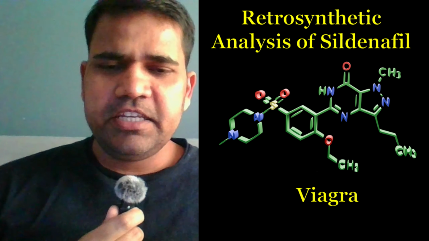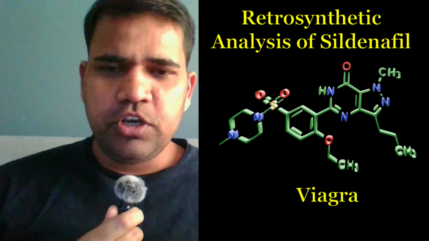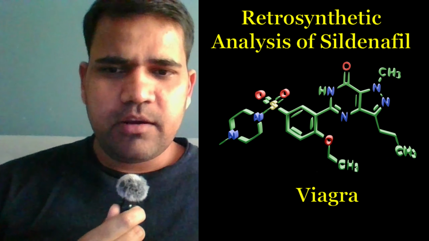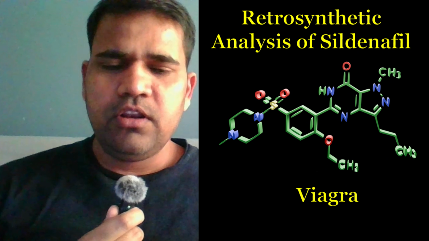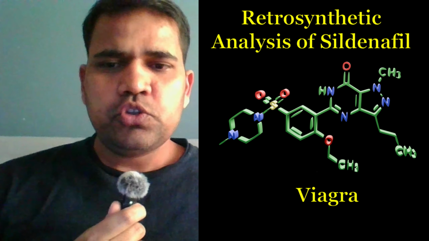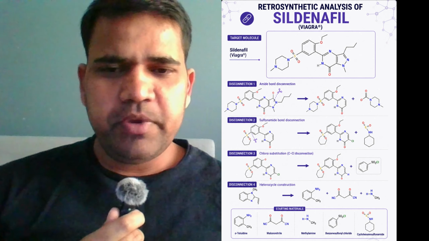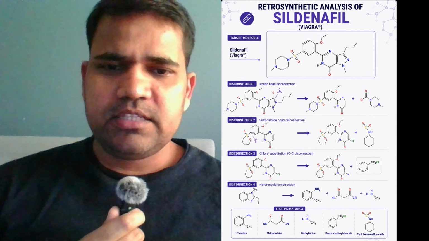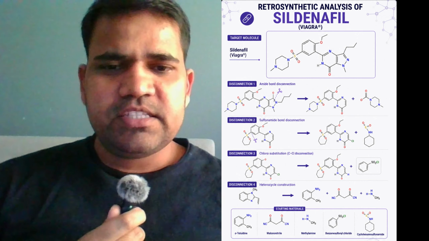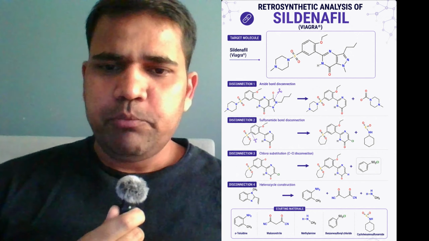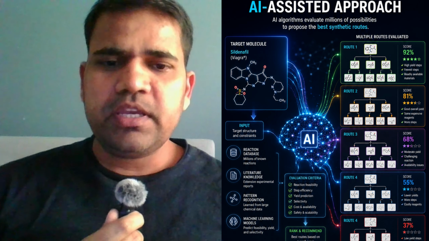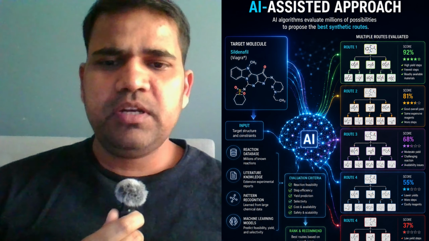Imagine you are a synthetic chemist and you have this target molecule to synthesize. This is a drug molecule named Sildenafil, also known as Viagra. So, you will start doing the retrosynthetic analysis of this molecule based on your chemistry knowledge and experience, and this might take several hours. But today, computational and AI assisted tools can help us to explore the possible synthetic routes